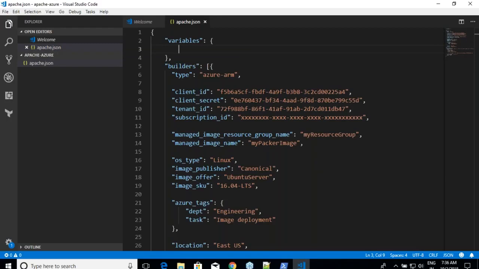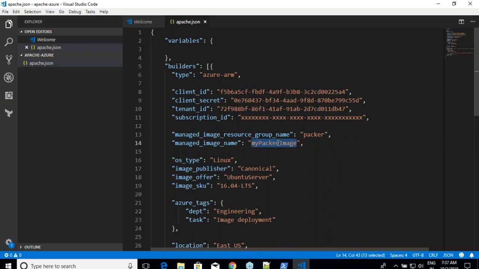You just do this. Do we have client ID? Do we have all of these details now? Right? And the type which we are using is Azure Resource Manager. So let me start with putting certain things. What is going to be your image's name? What is your resource group's name? My resource group name is Packer. We have created a resource group called Packer. Whatever resource group you want, you can put it over here. What is going to be your image name?